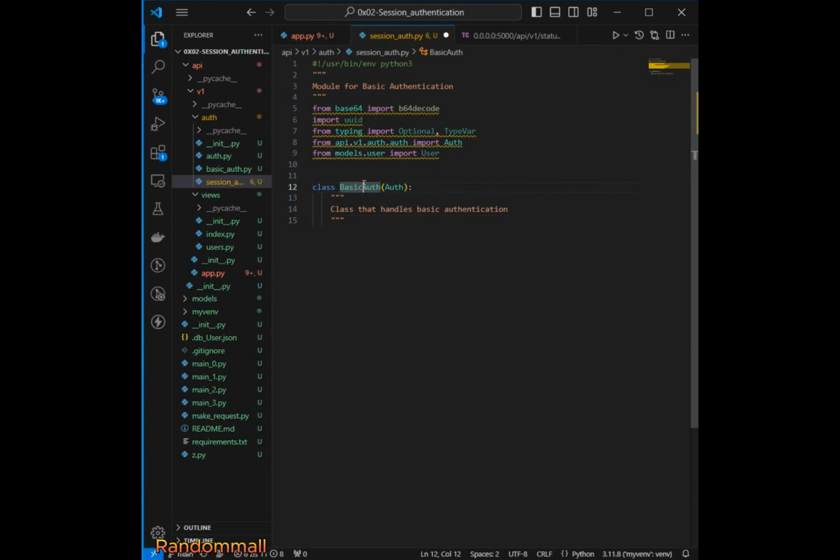And I'll change this to session auth. So this way we know that the session auth is now inheriting from auth,